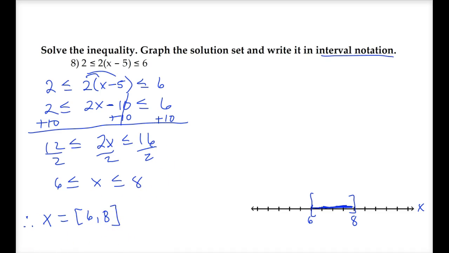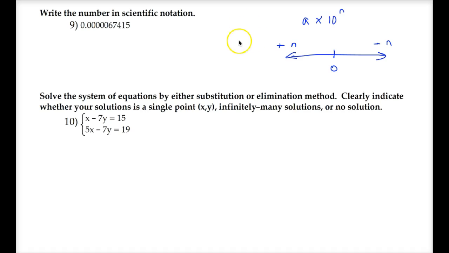Let's move to number 9. All right, so problem number 9 asks us to write this number in scientific notation. And so for us to remember here, we know that scientific notation looks like this, where it's a times 10 raised to some integer here. And of course, a is understood to be a number that is going to be in between 1 and